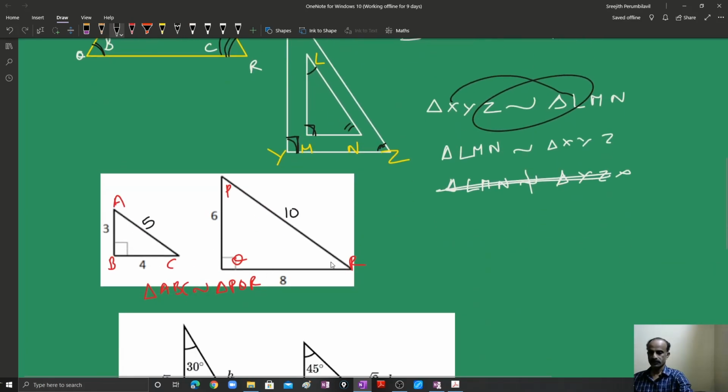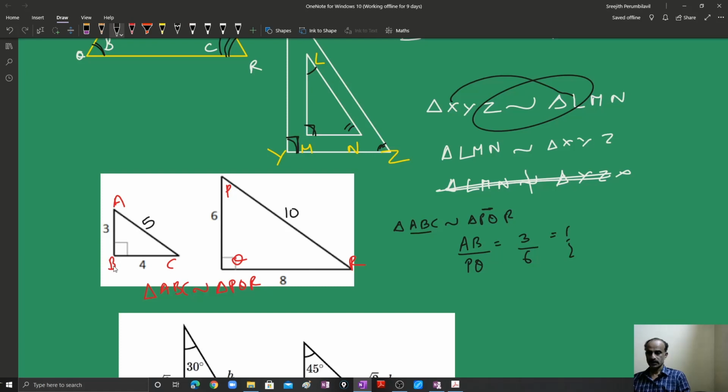Similarly over here, these are two triangles. We have corresponding sides also given. So when you take the ratio of their corresponding sides, we have this in this figure. Triangle ABC is similar to triangle PQR, right? When you look at their corresponding sides, what happens? AB divided by PQ, the first two letters, just like our congruence. What is AB by PQ? That is equal to 3 by 6, 1 by 2.